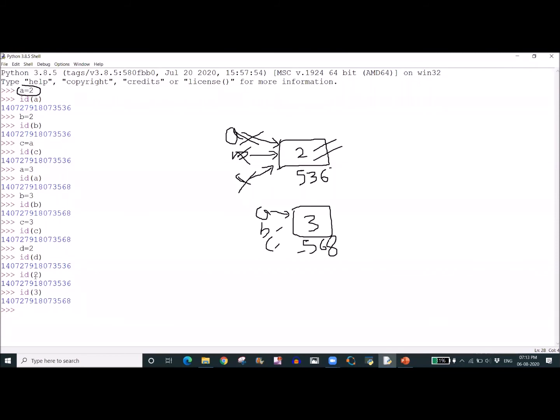So this is how in Python, whenever we assign data to a variable, in real time the variable is tagging to the data. If we use hundreds of variables with the same data, then those hundreds of variables can use the same memory location.